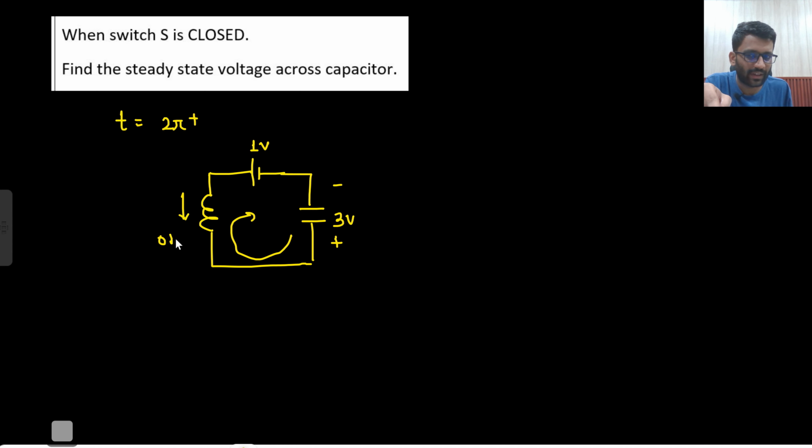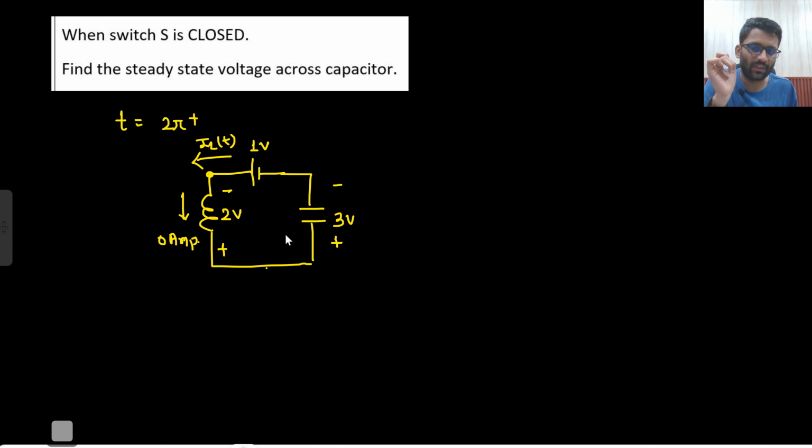Here you get to know that you left the inductor with 0 ampere current. So the inductor is driving 0 ampere current only. But now the current can flow in the opposite direction. Current will flow in this direction and it will charge the capacitor now. Current will flow in this direction, but we have taken IL in this direction only. This is the direction of ILT. So what will be the voltage across the inductor now? If this was 0, then this would have been minus 3, and with the battery, minus 3 plus 1, minus 2. That means in this direction, it is having 2 volt. So better I should remove this current one.